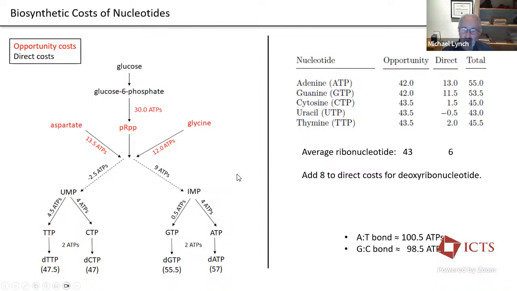We go down these pathways. These are things you can always look up. You don't need to memorize this, but I'm just trying to give you a flavor of how you get the final biosynthetic cost of the four different deoxyribonucleotides. They're down here. And I've given them up here again, up to this point here. And the main point I want to make is most of the cost of a ribonucleotide is opportunity loss cost. And then there's the direct, and the sum of these is the total cost.